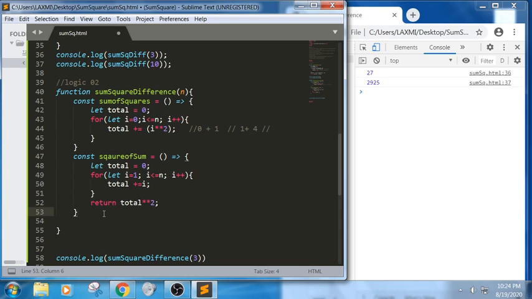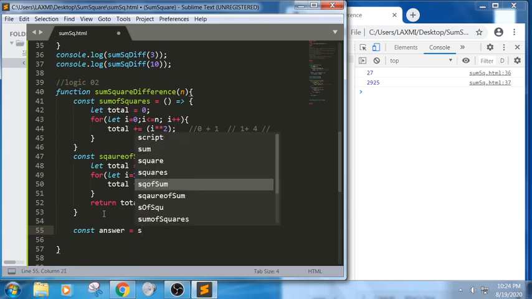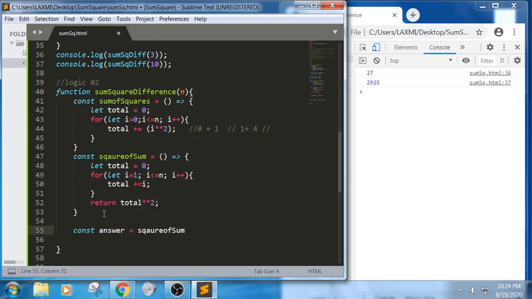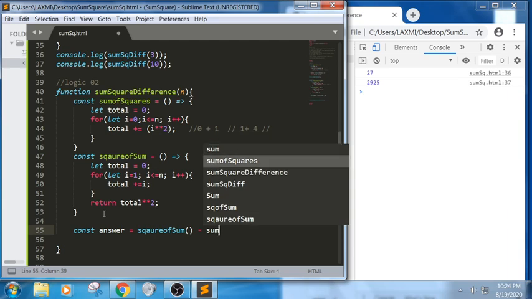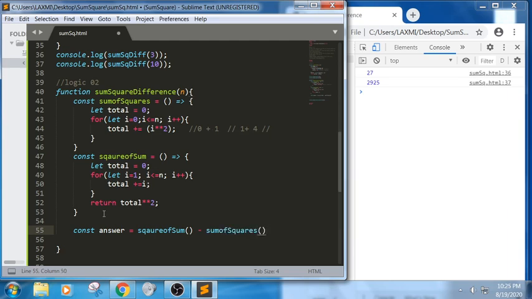Next we should be able to differentiate these values. In order to differentiate, I am writing const answer equals square of sum minus sum of squares, and we will return it. Let us return the answer.